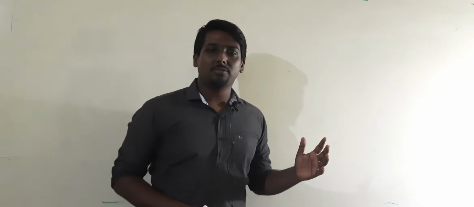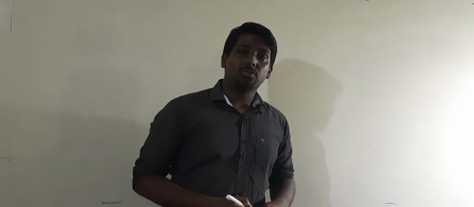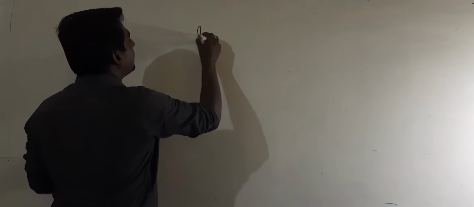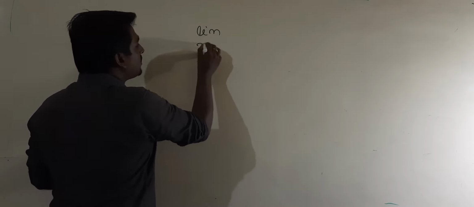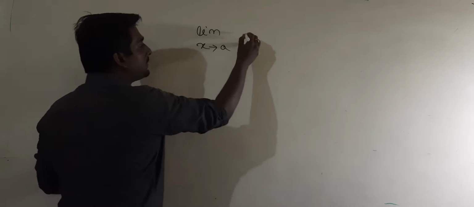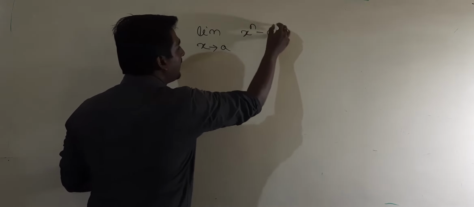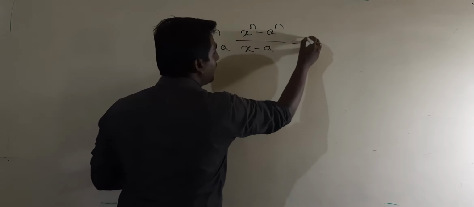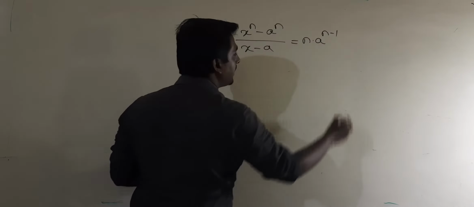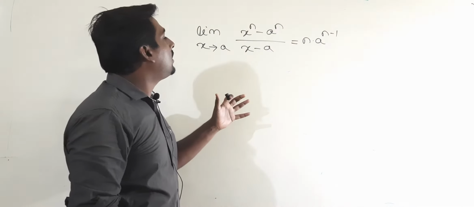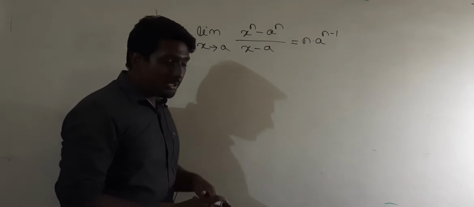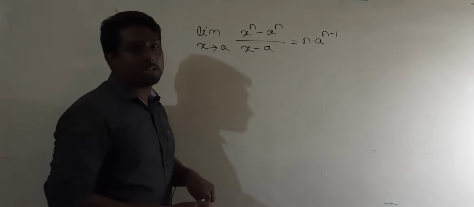I will be teaching you limits and continuity where I left off in the last class. In the last class we went through a particular formula: limit x tends to a, (x to the power n minus a to the power n) divided by (x minus a), and the formula was n into a to the power n minus 1. With this formula we solved some questions, and today we will be having some problems using some trigonometric formulas,